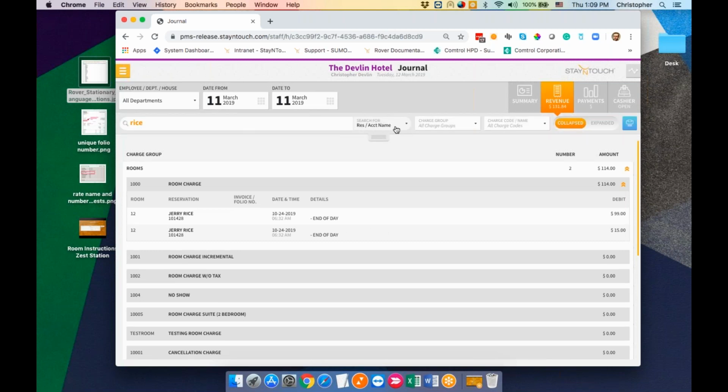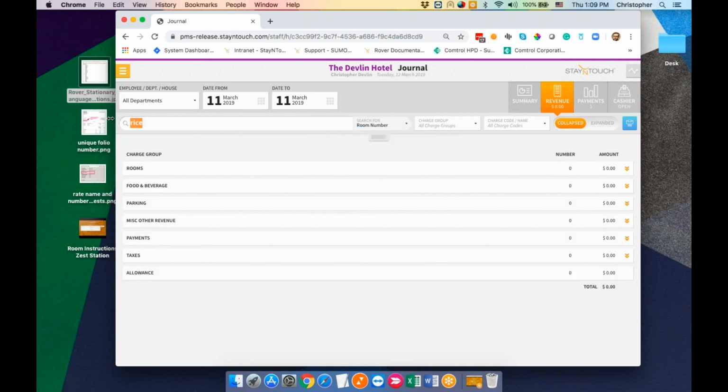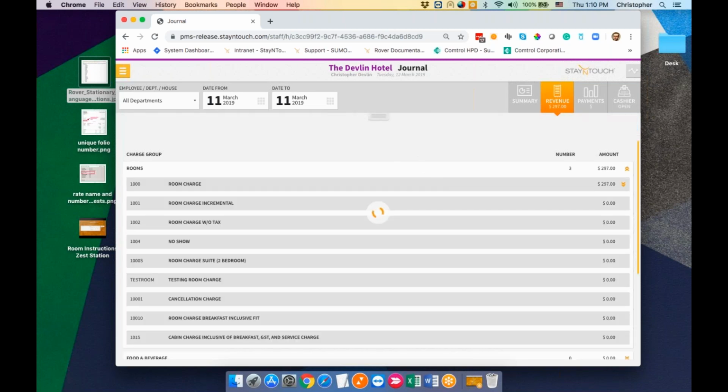Similarly, we can do the same thing with room number. And in this case, it was room number 12. It's going to return that value for me. We can look for specific amounts. This is very useful for the finance team whenever you're trying to trace exactly where a specific amount might have come from or where it got charged to. So all my $99 are going to appear here